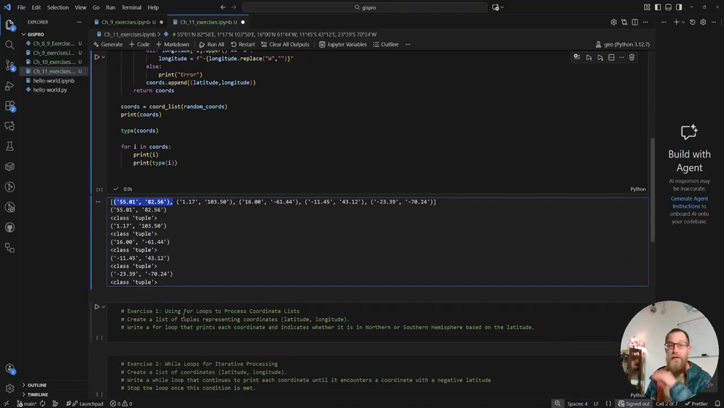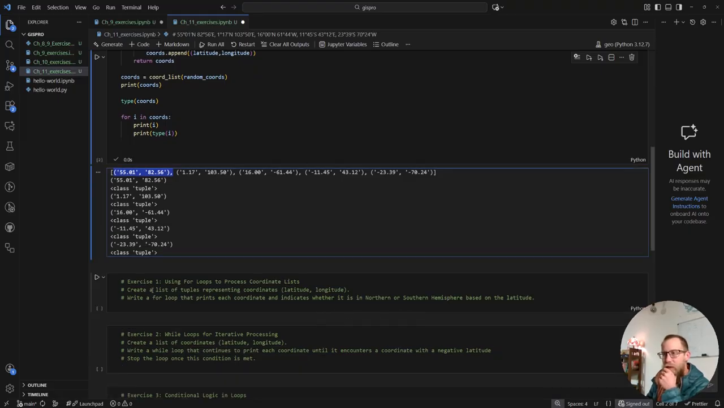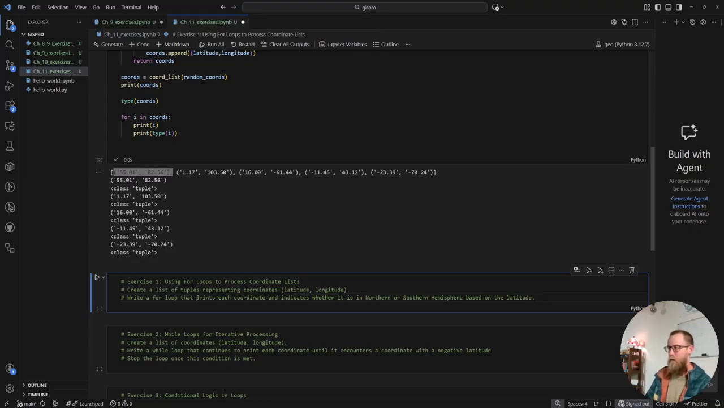So the first exercise that we have on the docket today is to create a list of tuples representing coordinates, latitude and longitude, and then write a for loop that prints each coordinate and indicates whether it is in the northern or southern hemisphere based on the latitude. Okay, so